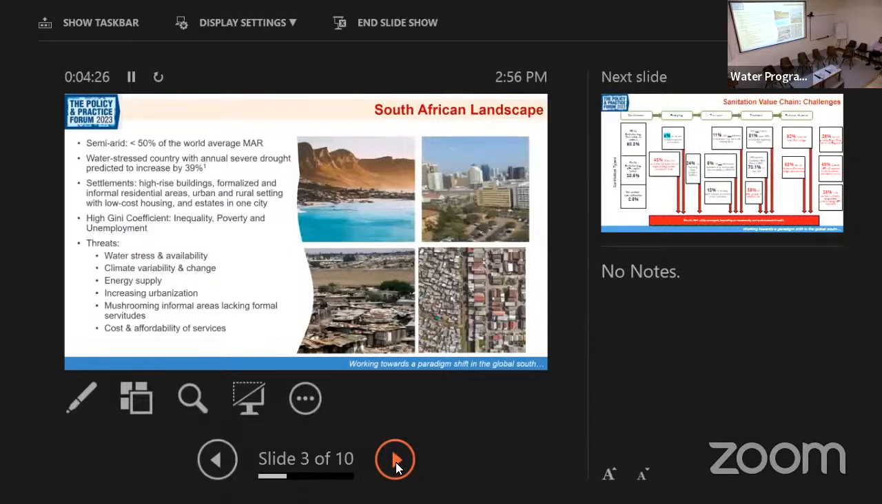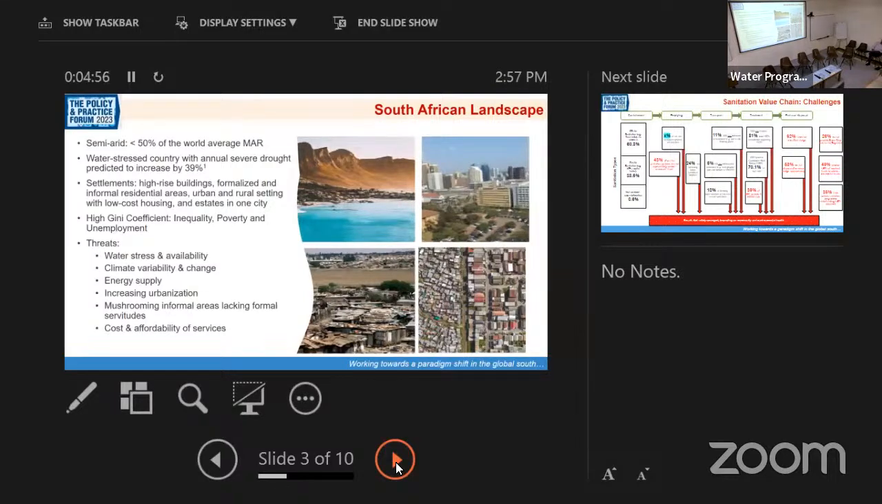Just the landscape of South Africa. I think we live in a multi-tiered economic landscape in South Africa, where you'd find within one city the very affluent to the very disadvantaged. We have got less than 50% of the world average mean annual rainfall. So we're very semi-arid. There's water stresses in the areas, and you may find that you can have high-rise buildings,